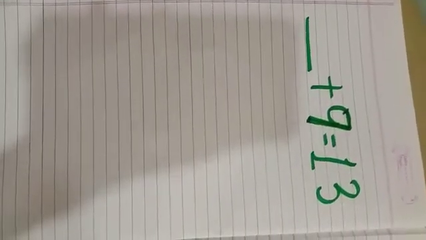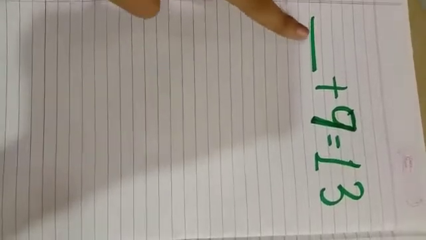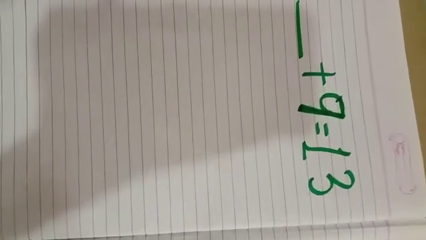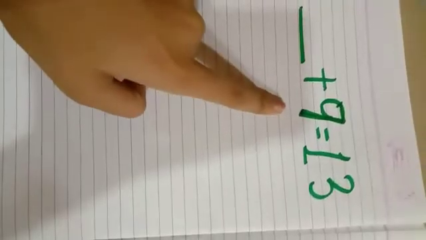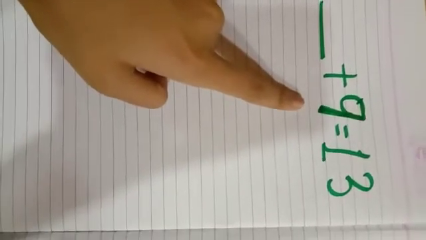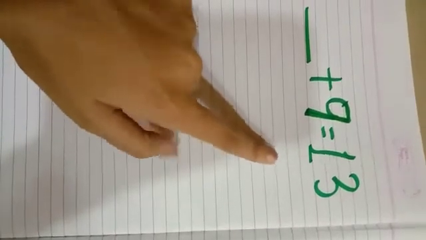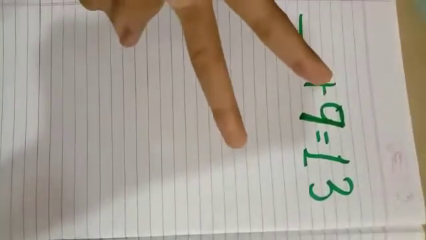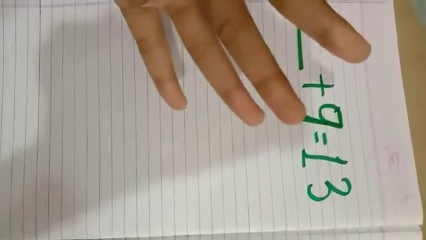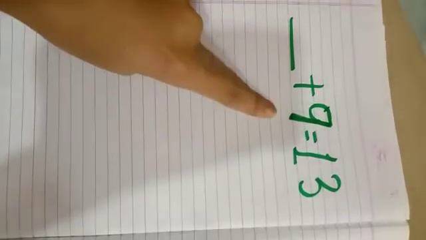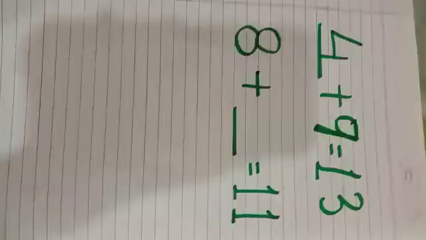Another type of question is that wherein we have a blank, a number and their sum. In these kind of questions, we have to do forward counting after the number, which is 9 in this case. So we will count after 9 till 13. 10, 11, 12, 13. Hence, when 4 will be added to 9, it will make 13.